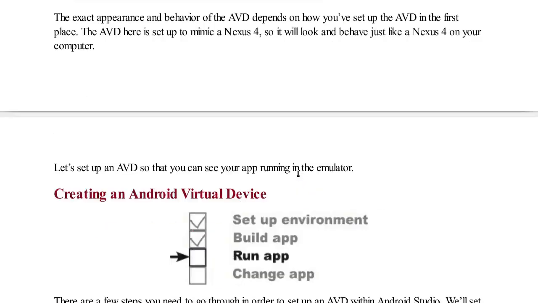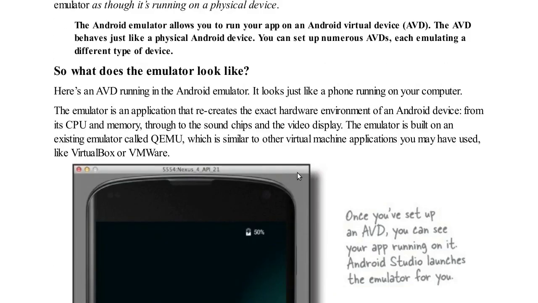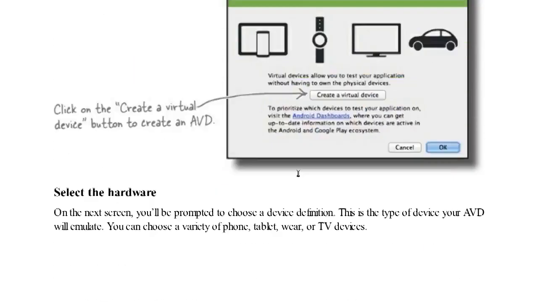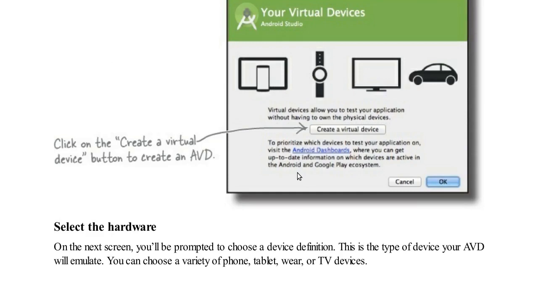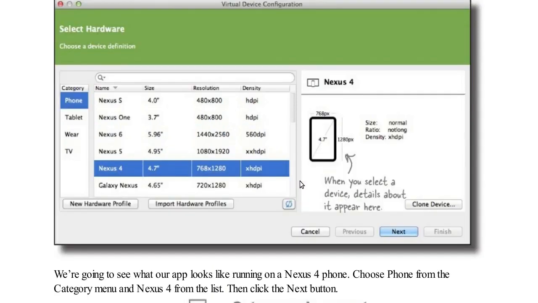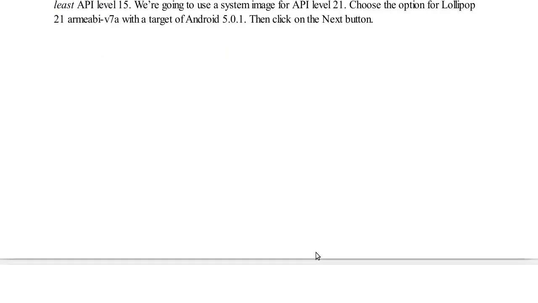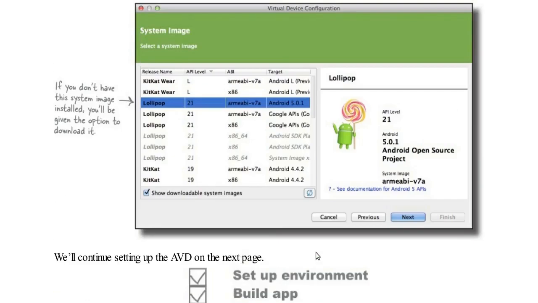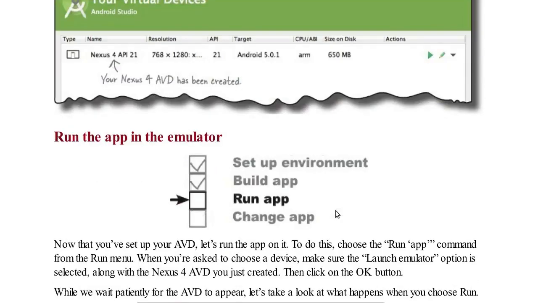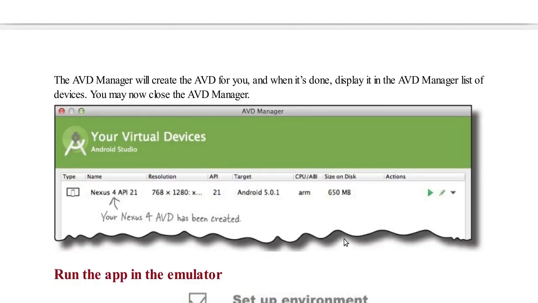When you run the application, you need the emulator. An emulator is a virtual device on your system. Before that you have to create a virtual device. I will not be covering that in much detail. These kinds of screens you will see when you run. You have to add one of the devices, and then run the application. If you have not downloaded the API level, that will be done automatically. You just have to click next. Then the AVD manager is started.